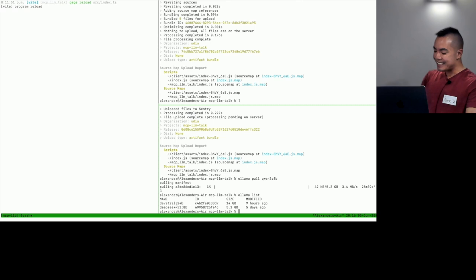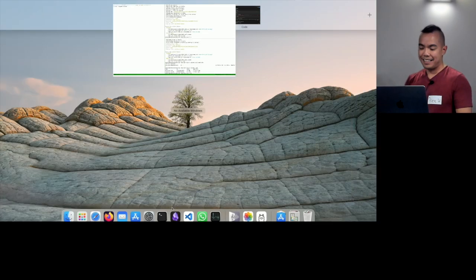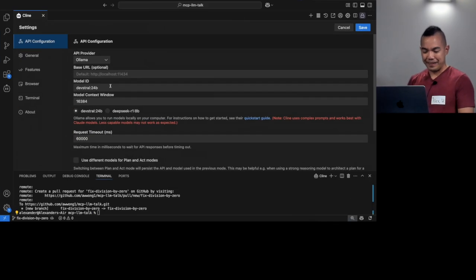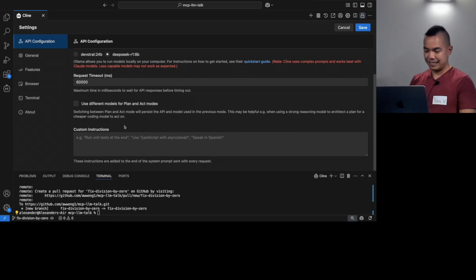The Devstral one, I can serve it, but if we try to run any code using Devstral, we will be staring at a loading spinner for about 5 minutes before anything even gets written. And the DeepSeek R1 has not been fine-tuned to use the MCP tooling. But let's just try it anyways, because we can. So if I go back here, and I change this to use DeepSeek R1, and click Save,